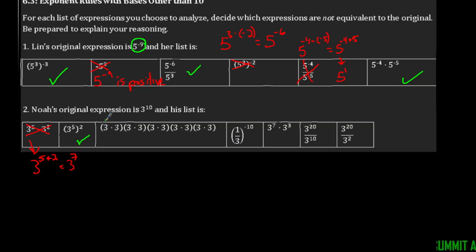Then for this next one, I have 1, 2, 3, 4, 5, 6, 7, 8, 9, 10. So if I expanded it out, I have 3 to the 10th power, so that one's good. If I was to flip this fraction, I would have 3 to the exponent 10, so that one's good. Add the exponents together, this one's good. If I subtracted 20 minus 10, I would get 3 to the 10, so that one's good. And then that last one, however, is going to be,